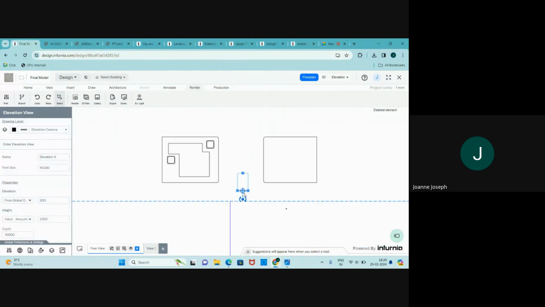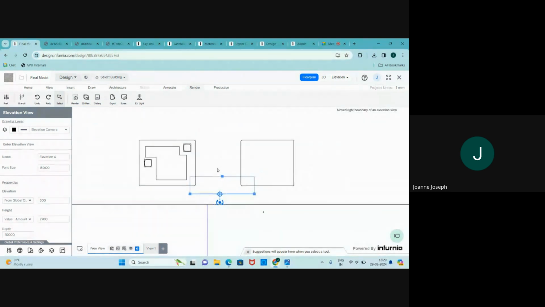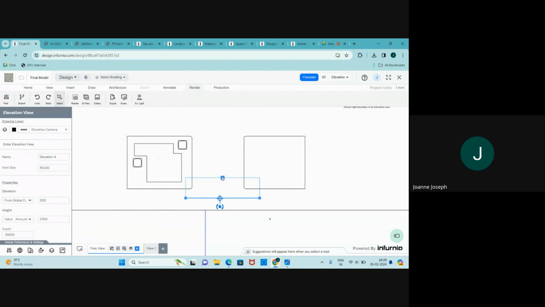You can change the extents of this. I want the elevation to extend from these two sides. The house is in the middle. And I need to change the depth as well. I want items even at the back to be seen. Otherwise, it'll disappear. So now when I go to elevation 4,